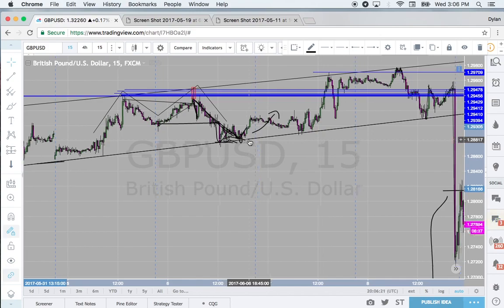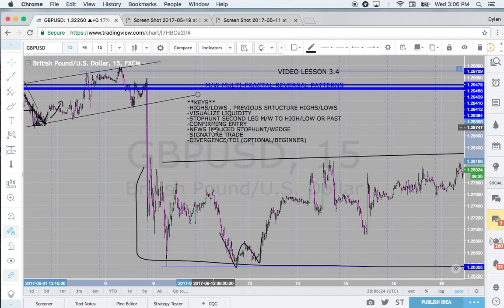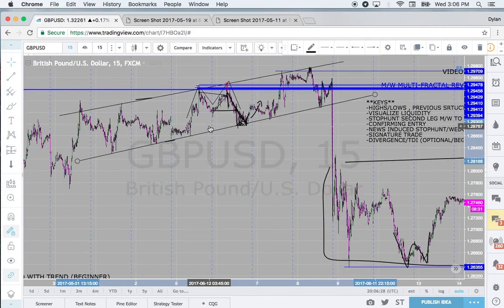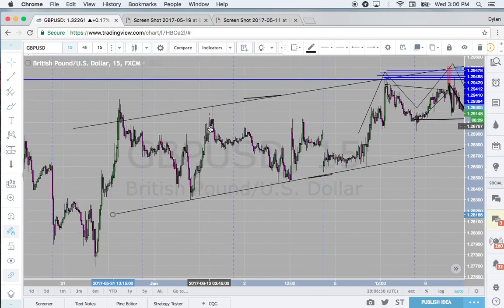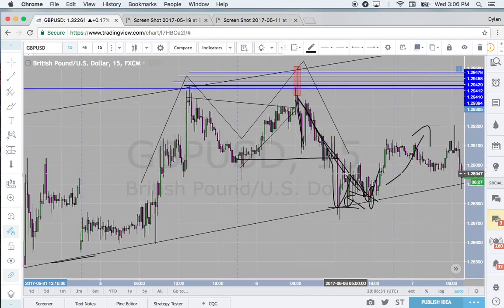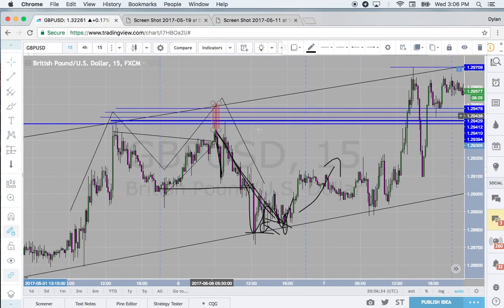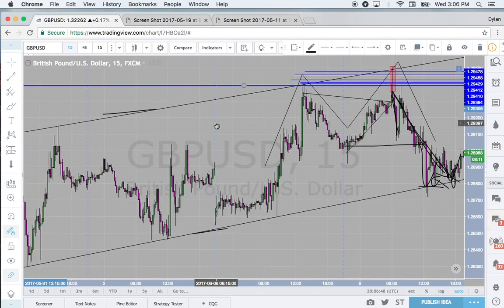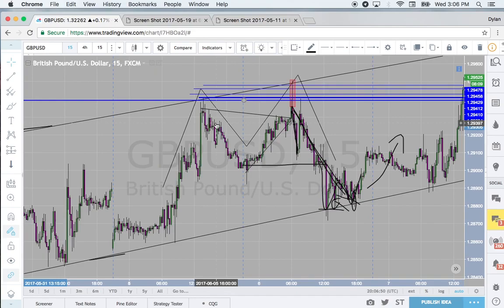So, moving on to the next confirming entry. So, the second leg of the M or W has to be a confirming entry. If it breaks the high or the low, if it's a W formation, it has to break it and then create a confirming entry candlestick. So, in other words,